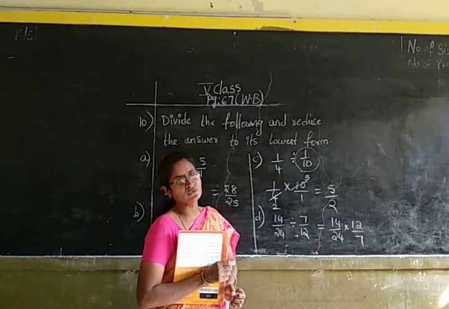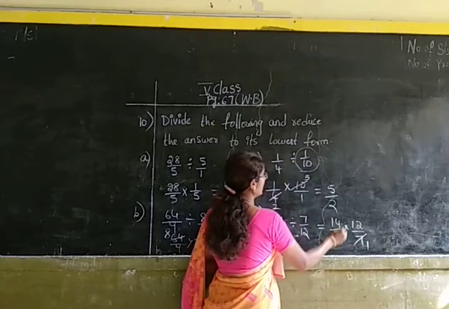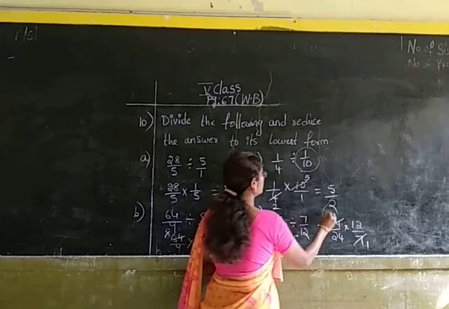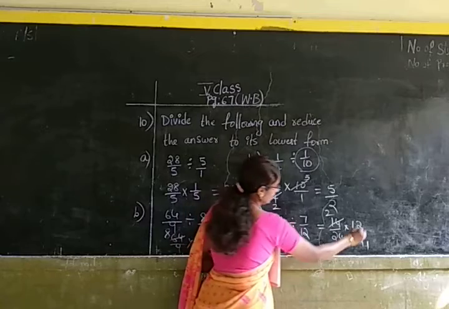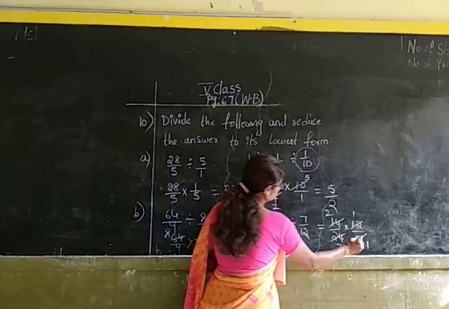Now I am going to reduce the fraction and then multiply. So 7 table goes in 7 1 time, and 7 table goes in 14 2 times. 12 table goes in 12 1 time. 12 table goes in 24 2 times.